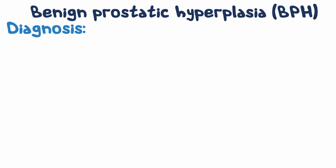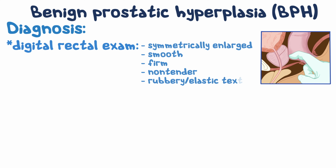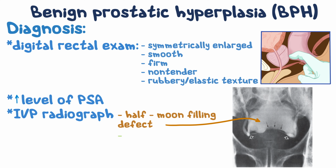Diagnosis of BPH starts with digital rectal examination, where the prostate will be symmetrically enlarged, smooth, firm, non-tender, with rubbery or elastic texture. Levels of prostate-specific antigen or PSA will be also elevated, since there are more cells around making the PSA. And finally, the intravenous pyelogram or IVP radiograph will show an elevation of the base of the bladder by a smooth half-moon filling defect. This causes a deformity in the pathway of the urethra such that ureters end in a hook, also called fish-hooking